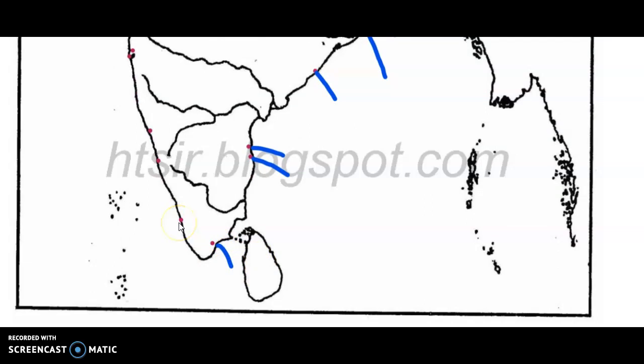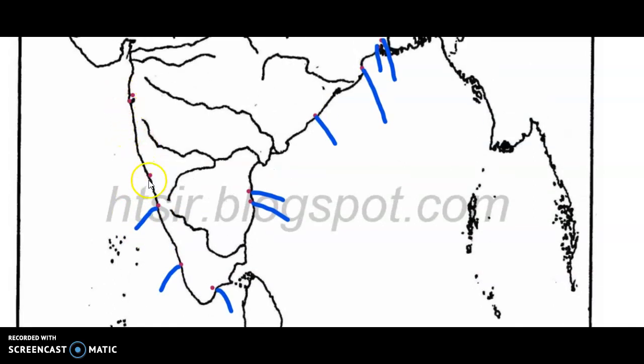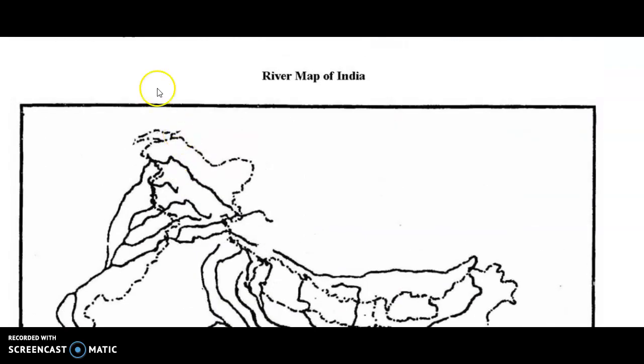On the other hand, we have Kochi here, which is also an important port. This is Mangalore port. Going further, you have the Mormugao port, and going further, you have the Jawaharlal Nehru port and the Mumbai port. The Jawaharlal Nehru port is basically reducing the pressure on the Mumbai port. I hope I made this port part clear to you.